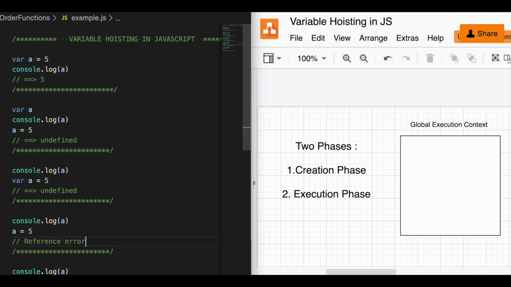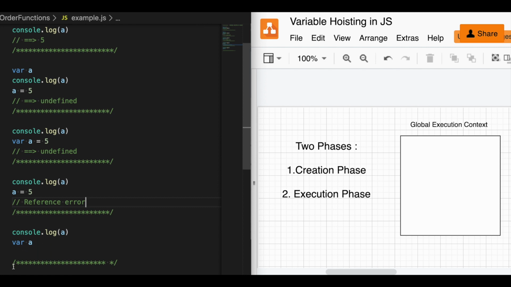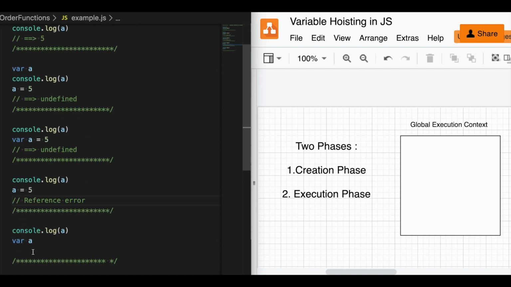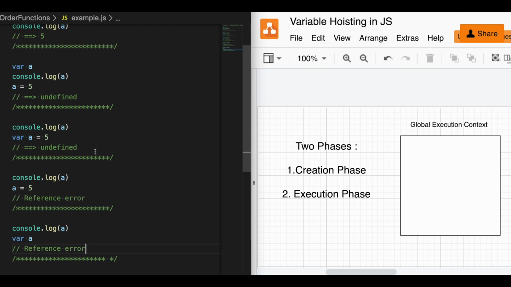We'll go through what happens behind the scenes that we are getting such strange outputs, and meanwhile we will be learning the variable hoisting concept too. Our main motto behind this video is to learn what actually happens behind the scenes, how JS executes, to find the output of these snippets.